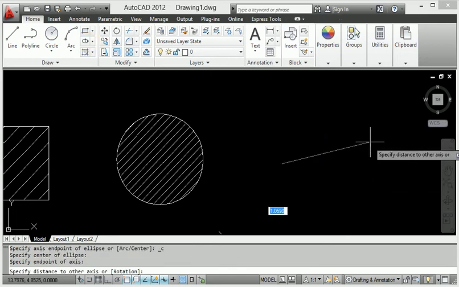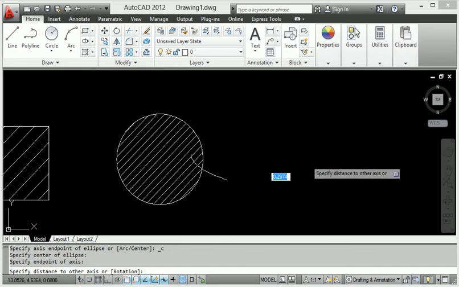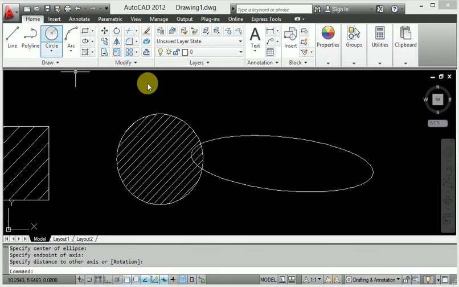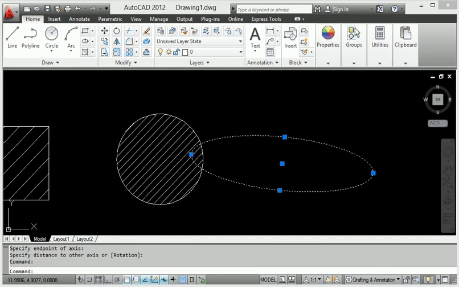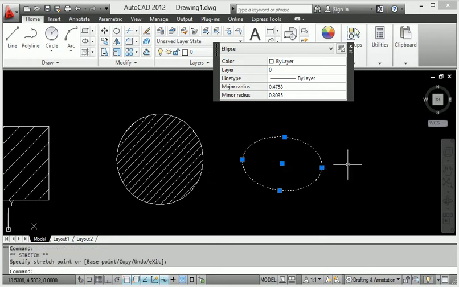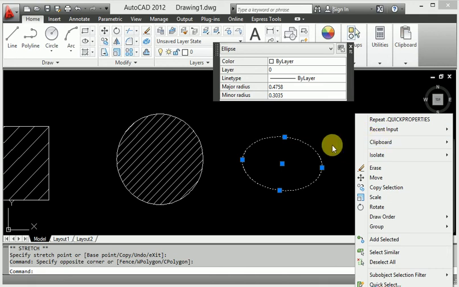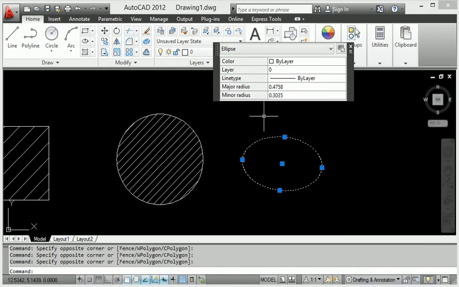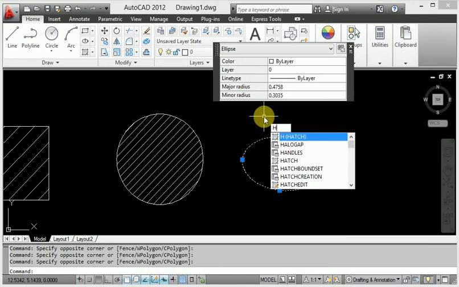Now go to ellipse here, click the ellipse, and make an ellipse. Look at this ellipse. When you click the point, it is easy to adjust the hatching of the ellipse.